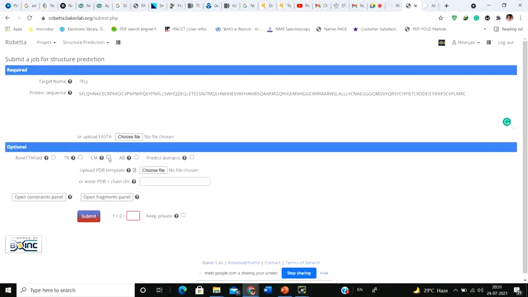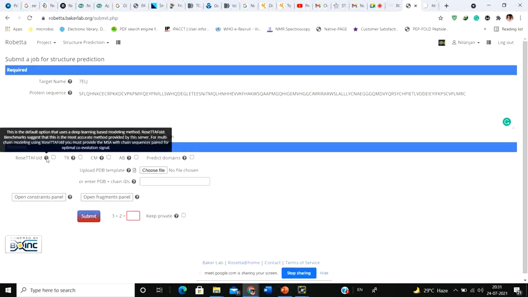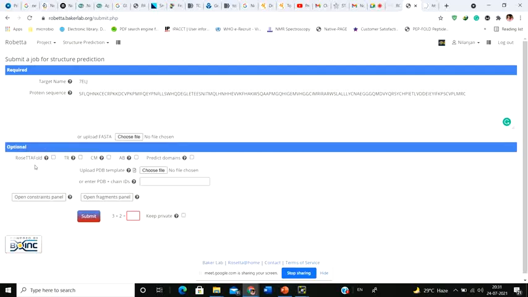Now you might use the comparative modeling method, but this Rosetta fold is actually the best method, and it is the latest method, because it was updated just last month, I think. What it does, rather than finding out the entire stretch, is try to find out the structure of small fold molecules. Rather than finding out the alignment of the entire protein, it tries to find out the structure of each particular motif, and then it joins all the motifs together to give you a proper structure.